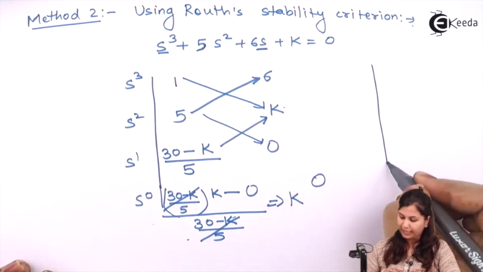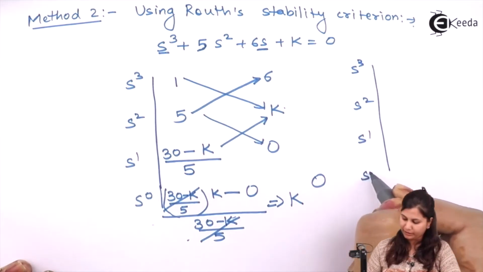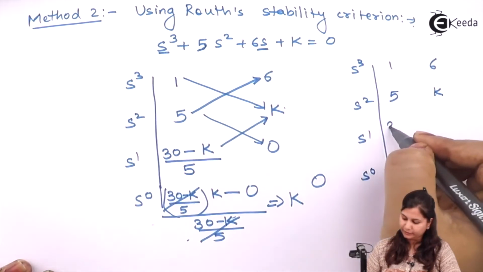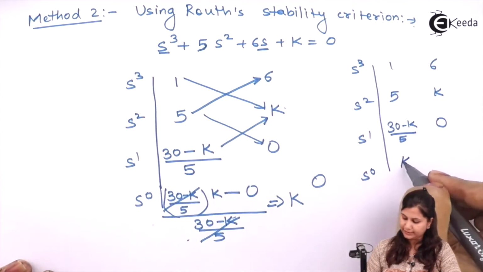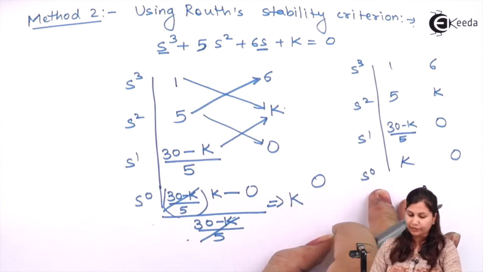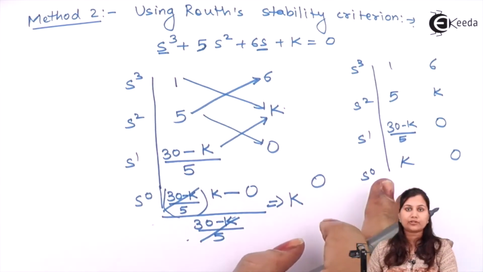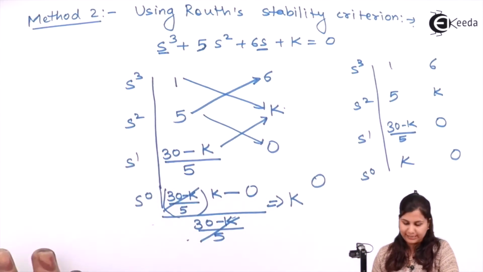So our root array will be s cube, s square, s to the power 1, 0, with entries 1, 6, 5, k, (30 minus k)/5, 0, and this is k and 0. So this is our root array. We have formed it. Now to find the intersection point of the root loci with the imaginary axis,